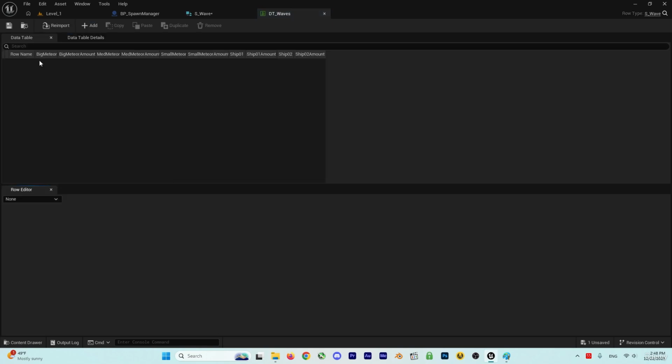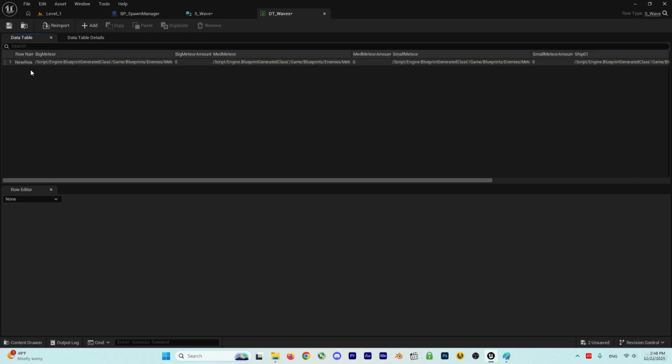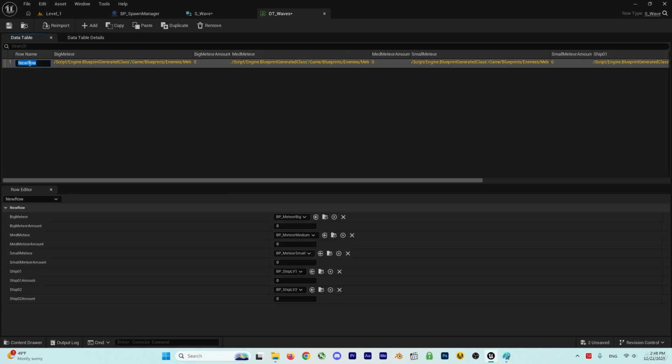Now in here, we can add some stuff. For example, the first row I want to add the row name. Let me make this bigger. The row name, I want it to be wave_1. Exactly, wave_1. Now for wave 1, we want to create, for example, 2 big meteor, 4 of the meteor